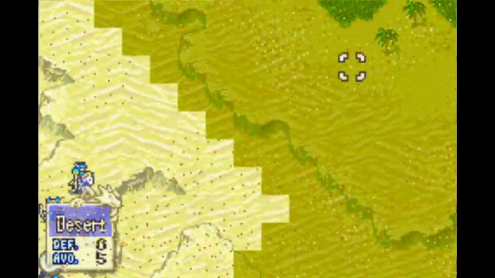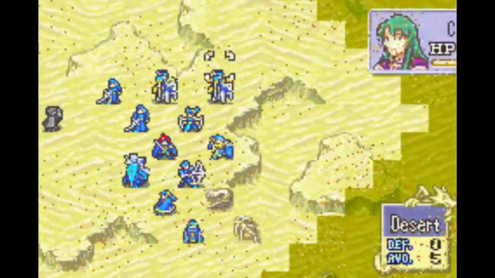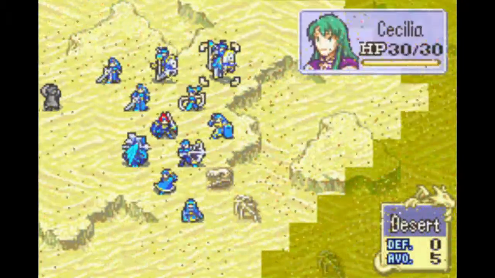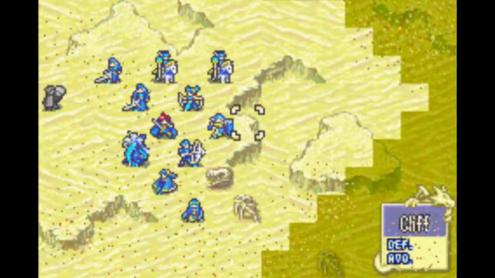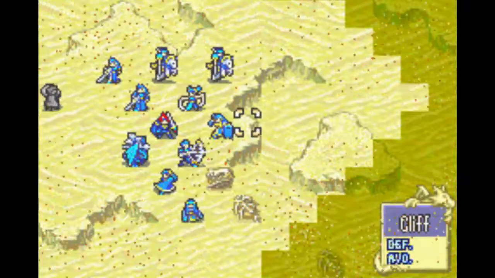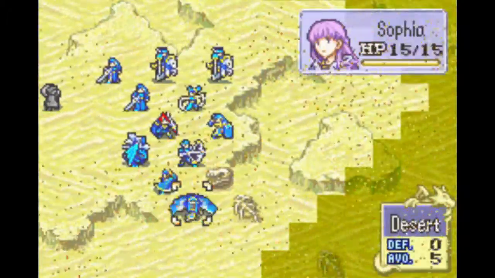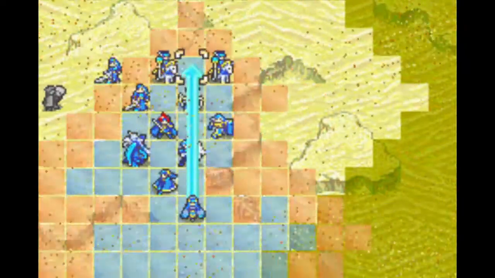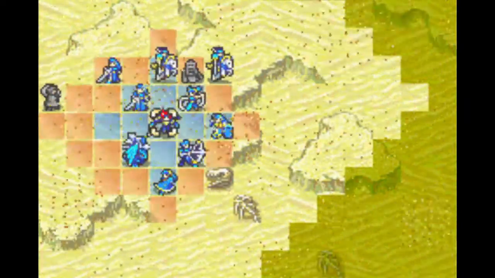Oh yes, by the way, there's a sleep staff user in this chapter, as if things weren't great enough. And both Sophia and Cecilia, though I want to mention Sophia in particular, are susceptible to it because they join this map as recruitments. The sleep staff users prefer to use sleep on them. So if you're not careful, which I did come prepared, then have fun. I should not have moved Sophia there, because that gets in the way of...